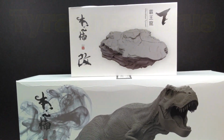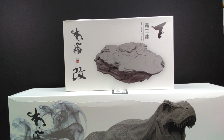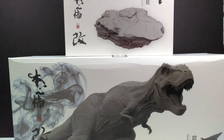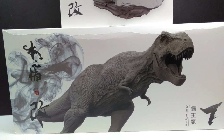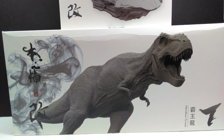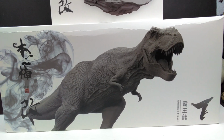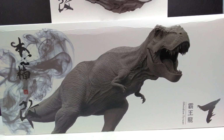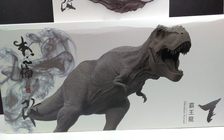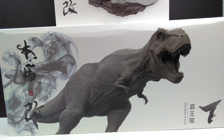You can see the box for the base is basically that very cool black and white style image, and then same deal here for the Rex. I don't really think there's too much difference between this and the previous releases as far as box art goes, but it definitely looks cool. I love the Nanmu boxes, they always look really nice, and anytime I get a new Nanmu figure, the box art just instantly gets me hyped up for the reveal of